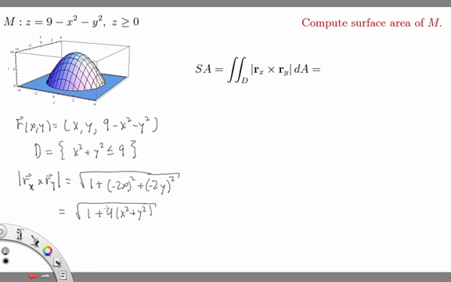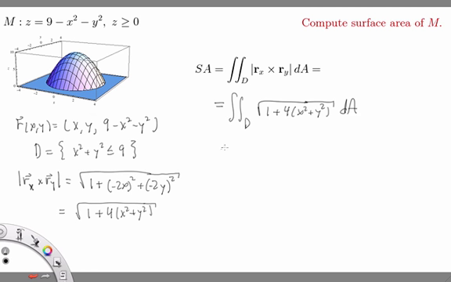Okay, so this is a scalar function of the two parameters x and y, and so we're going to integrate that function dA over the domain of the parameterization. So we have the integral over D of the square root of 1 plus 4 times x squared plus y squared dA. All right, so that's really the new method that we're learning, is to use this certain double integral to compute surface areas. All right, from this point out, we just have a double integral to compute using whatever methods